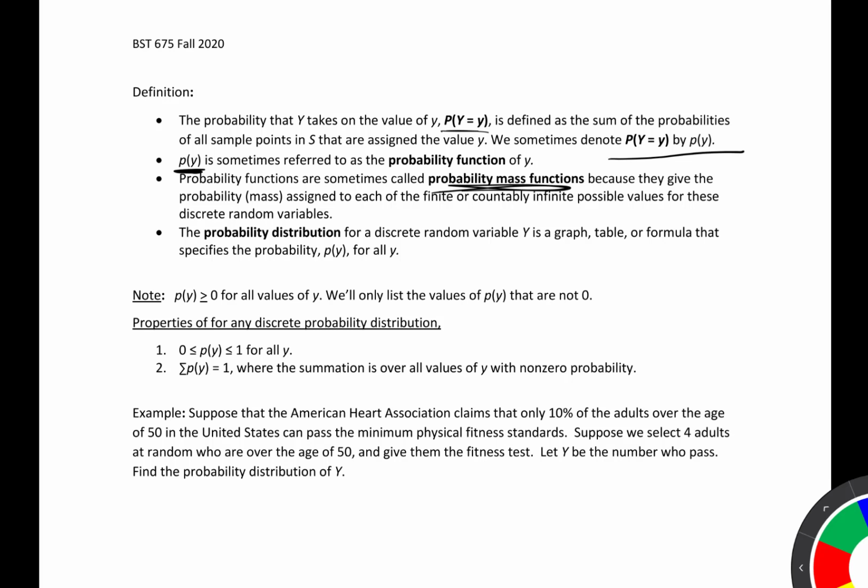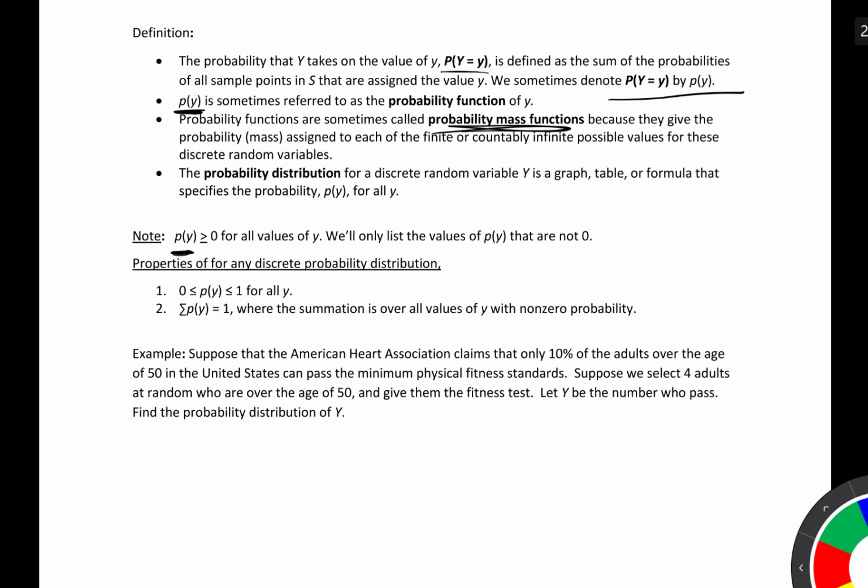Now one thing to notice is since this does represent a probability, then of course it has to be greater than or equal to 0. Like we saw when we talked about probability, we can't have negative probabilities, and also for that same reason, this cannot be greater than 1 either, because we know that probabilities are restricted between 0 and 1. So here are those probabilities, and this is exactly what I was saying. Notice since P of y is a probability, it is restricted between 0 and 1, including 0 and 1.